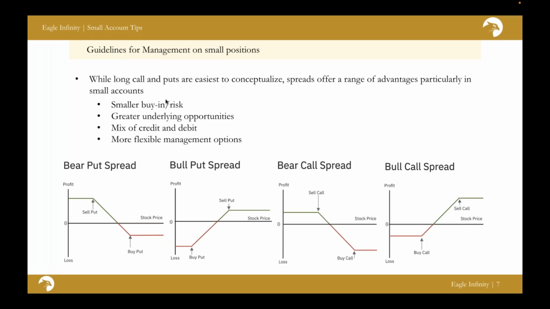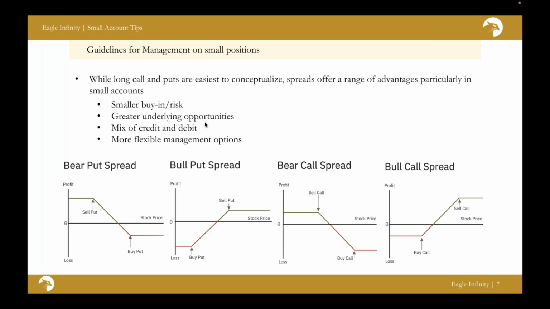They're long vega, so to speak. And you don't necessarily want that, as if the market volatility contracts, you might find yourself losing money even if the underlyings aren't moving anywhere. So you're losing on theta decay, volatility is contracting, and you're losing there as well. So you want to balance out your portfolio, not just from the delta perspective, not just being all long or short, but also looking at volatility and theta and gamma and the likes. So yeah, that covered the mix of credit and debit.